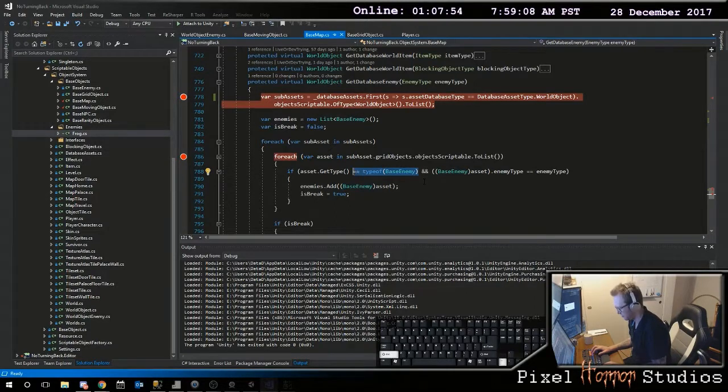So if this asset as base enemy does not equal to null, and